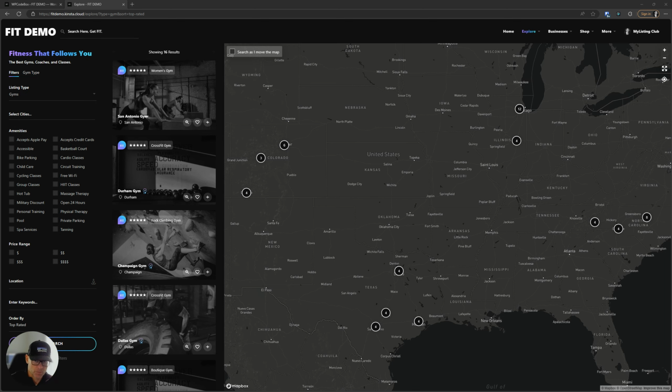I recently had a client ask me to do a full map view on an Explore page. That involves getting rid of the filters and the listing preview cards and some other elements that crop up on the mobile side of things. So I wanted to see if I could do this with nothing more than CSS, which I was eventually able to do. And I'm going to show you in this video how to go about it from beginning to end